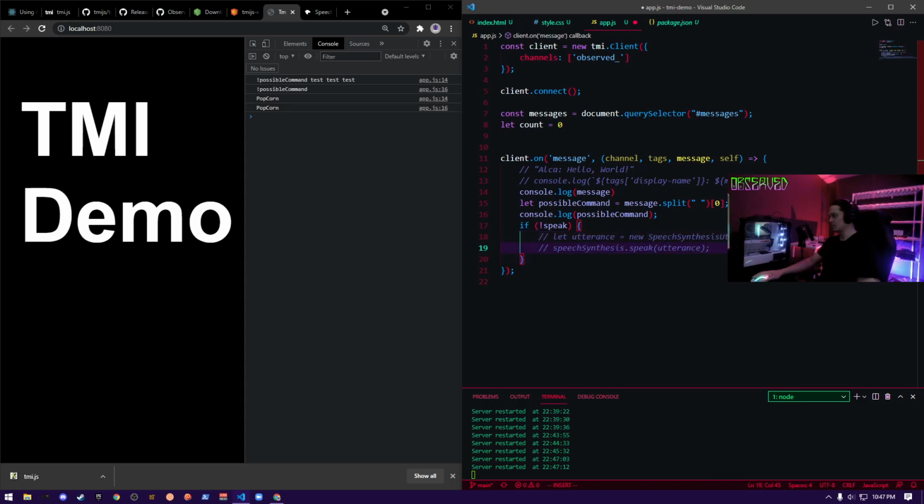So what I could do is remove the first word.